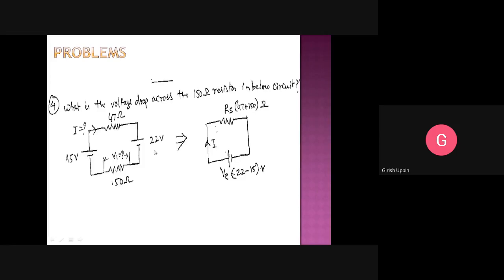Now the second part is the voltage sources. If you have a torch in your home, if it is not a rechargeable one, if you have the old torch where you put the dry battery cells, you remember you put two battery cells, or some three battery cells, right? So what you do, you put the first battery cell, and if you have put the positive end first, then you have the negative, then again you put the positive end of the next battery inside the torch, and similarly the third one.